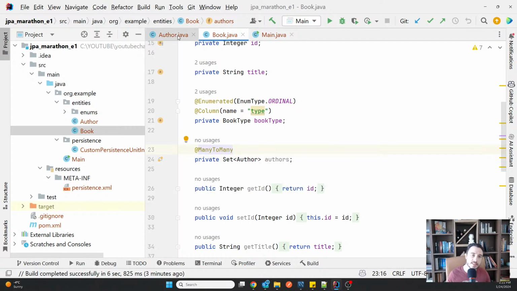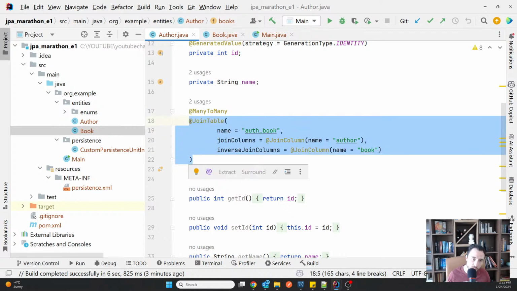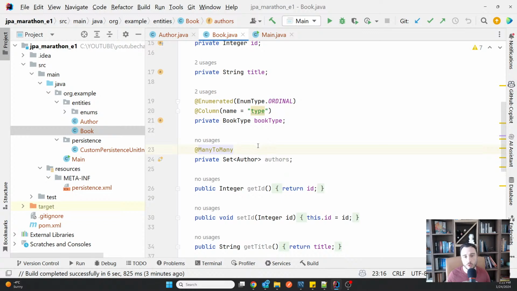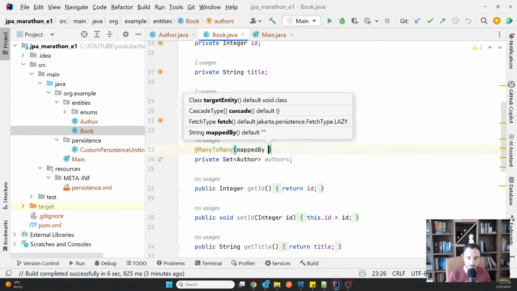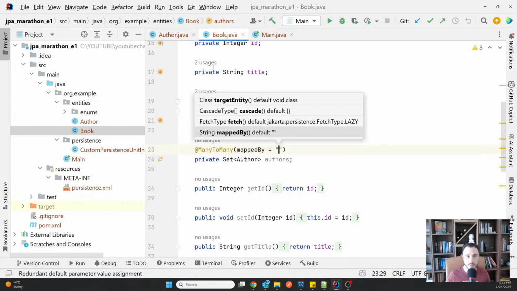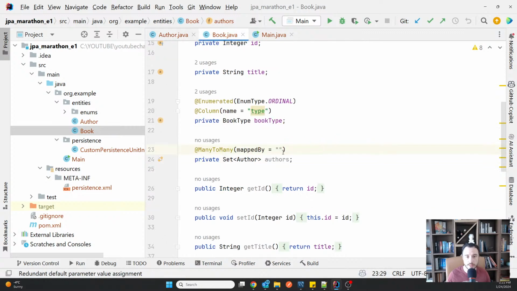And then if I decided by using join table that this is the ownership, I always need to make sure that on the opposite side I have the mapped by. And then I use the name of the attribute. And that creates for me, of course, a bidirectional many-to-many relationship.